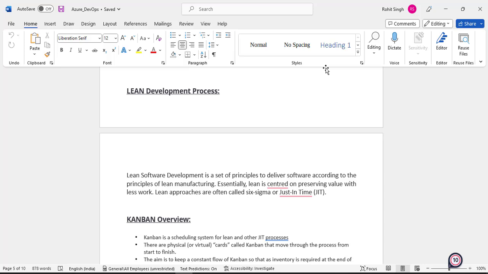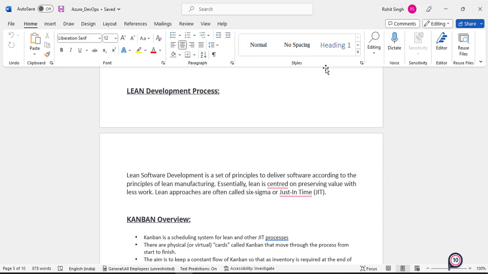They are taking only that many cars which they can deliver today itself. So suppose they can service 35 odd cars in a day, they will take just 35 cars, so only that backlog will be created. They will have a 35 car backlog, and all the representatives will be working on that backlog. They will take one car from the backlog, put it in progress, and start the servicing. Once they are done with the servicing, they will move it from left to right, to done, completed.